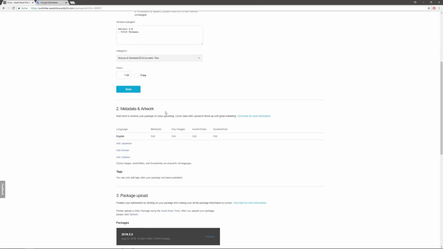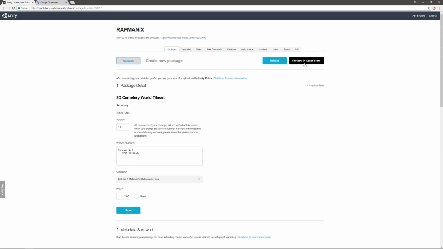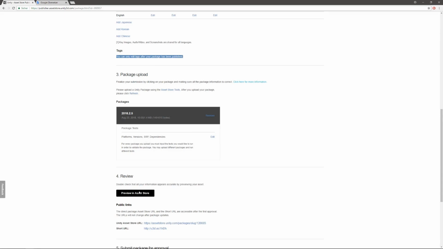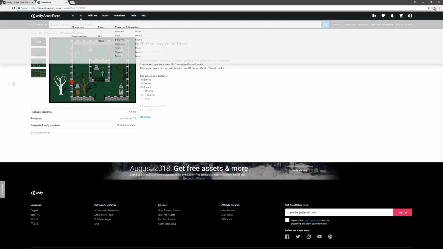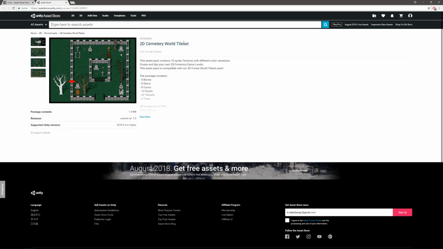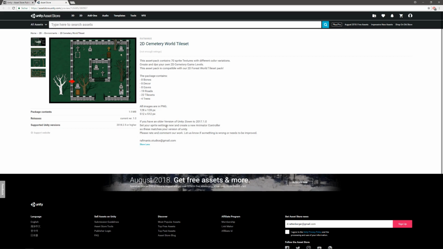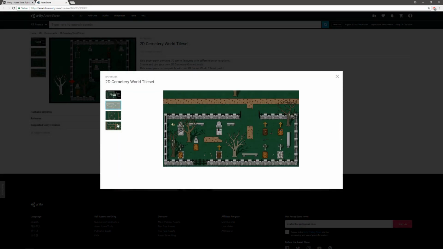In the category tags, you can edit this after your package has been published. We can select preview in the asset store, up here or down there. This is what your package will look like when it is published. Do a precise control look.